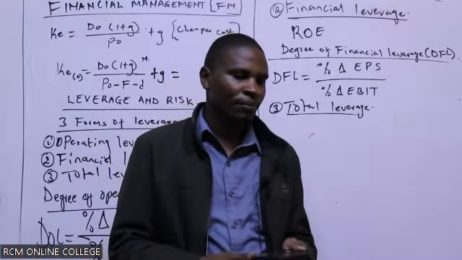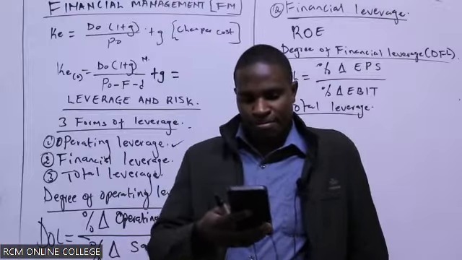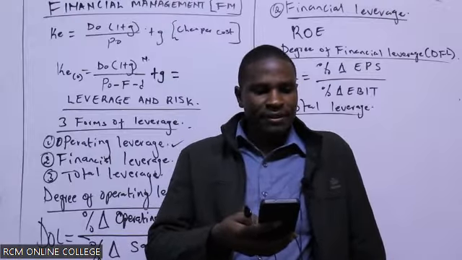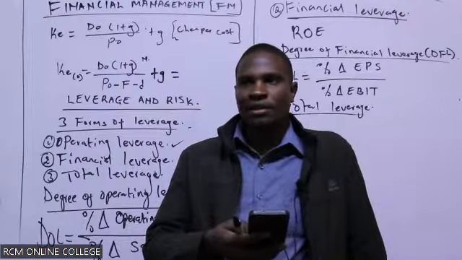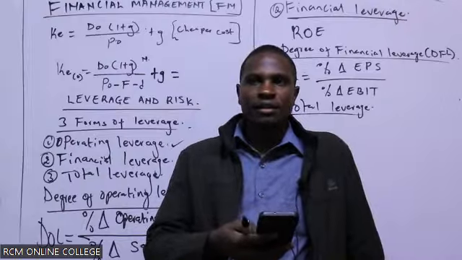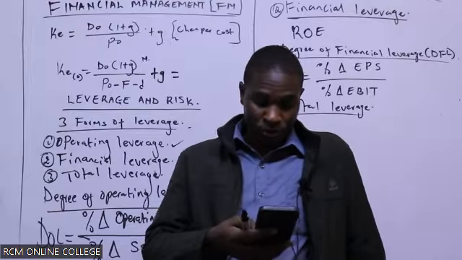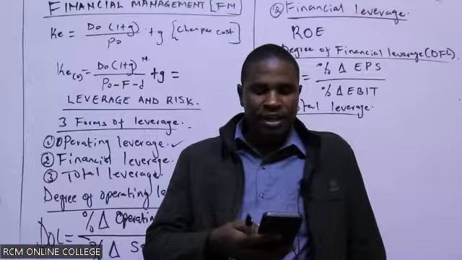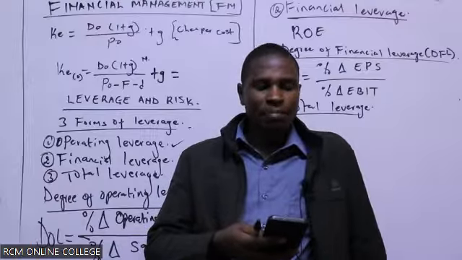Just that. Combined effect of both operating leverage and financial leverage on a company earning. Full stop. If you wish, you can continue and say it measures the sensitivity of earning per share